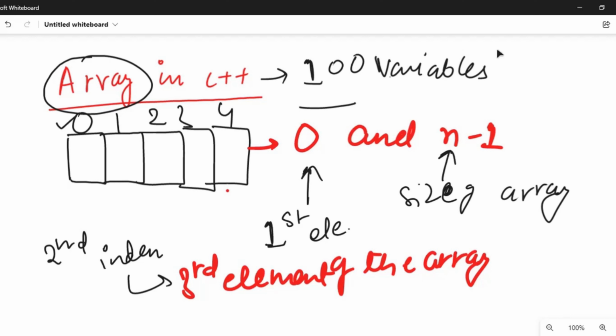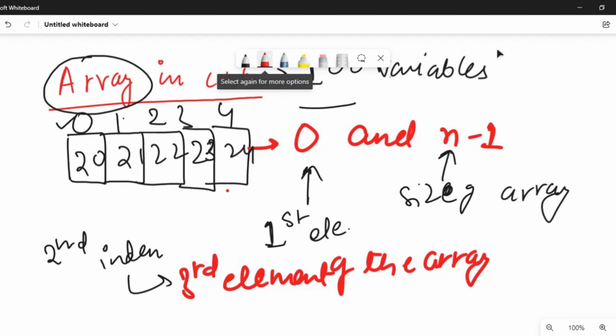No. For that we are going to define an array which would be of 100 in size. Starting index would be 0 and then 1, 2, 3, 4 and so on, and after that we will be storing values, like I have stored here value 20, then 21, 22, after that 23 and 24. So actually these values which are being stored here, they actually are in the continuous memory location.